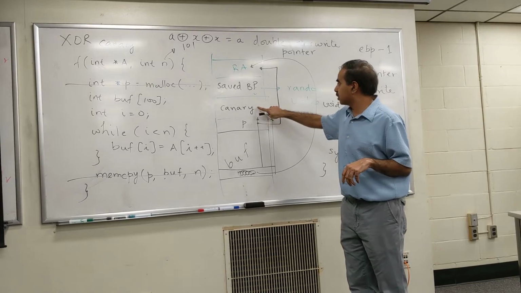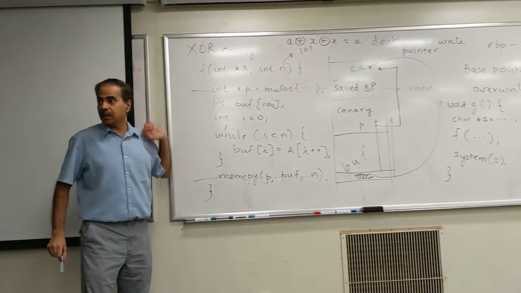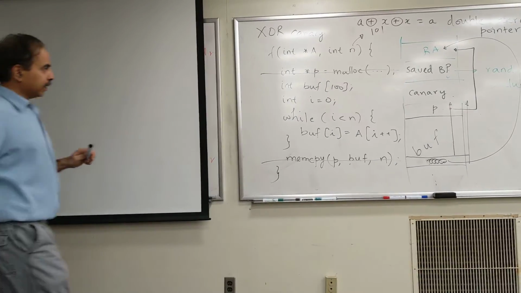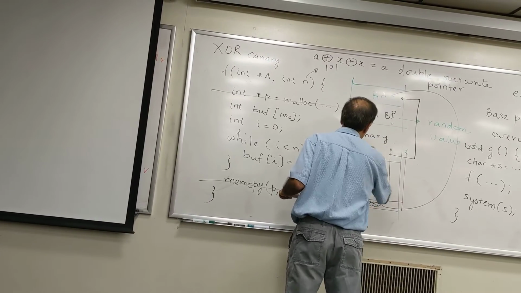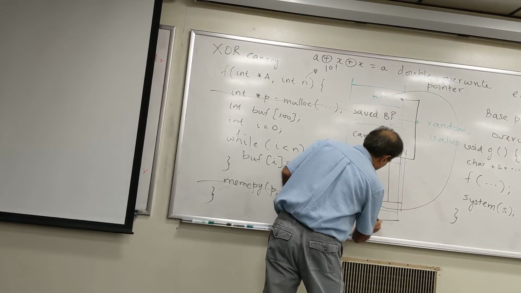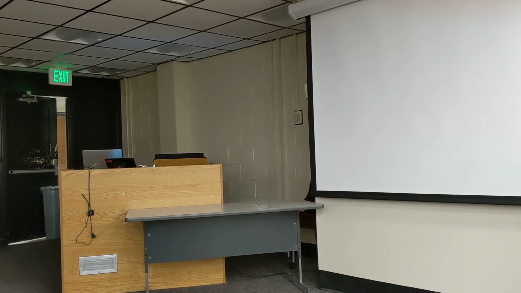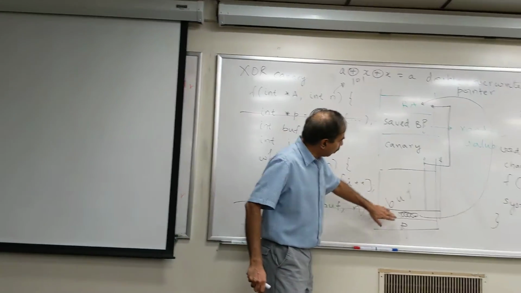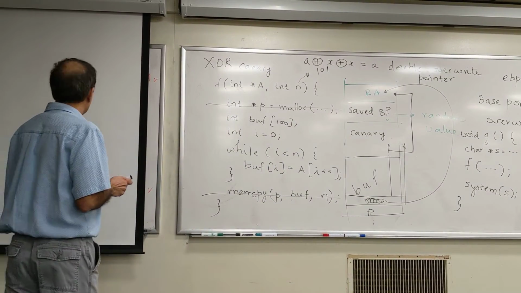Okay, so we already have the design of canary that protects the saved base pointer. Now let's go back to the question: is there any way to protect P? Okay, so that's all right. So there is a simple way to protect P, which is to say, I won't allocate P over here. Okay, so I will put P over here. So now if you override, you are not going to be able to corrupt P. Right. So the idea is that all of the array type variables will appear above, and all of the non-array type variables will appear below, right? So there is this design called